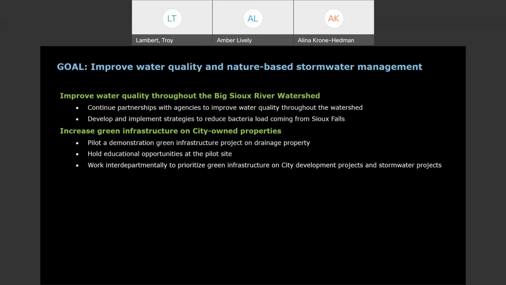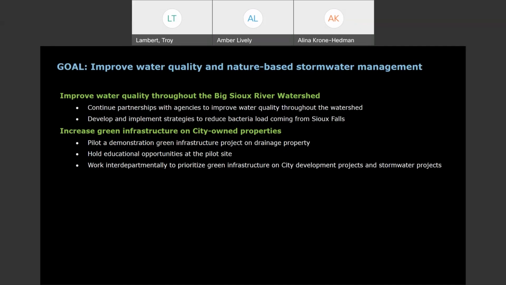Green infrastructure is using more nature-based solutions, as we note on the goal, to help manage stormwater quantity and quality. So it's using things like rain gardens, more native plant landscaping that has deeper roots to draw stormwater deeper into the ground rather than turf grass that doesn't really infiltrate the water because of its shallow roots.